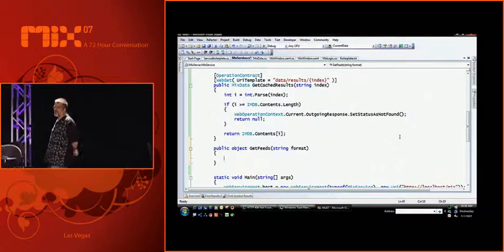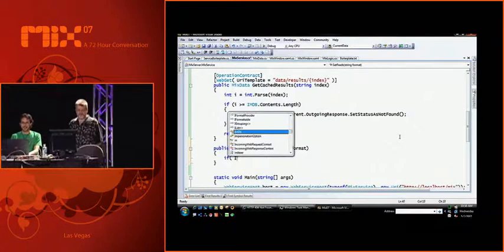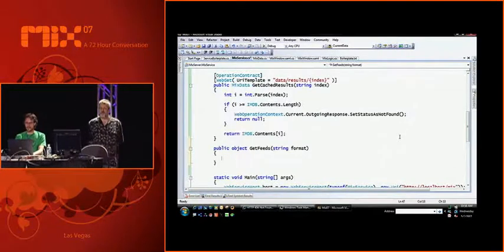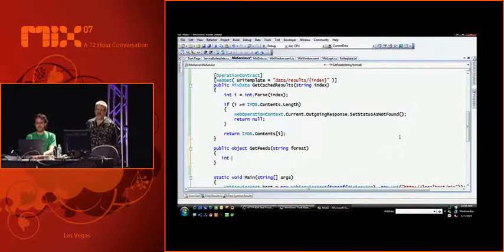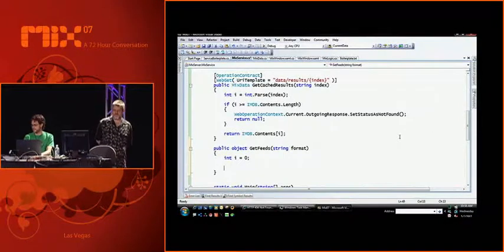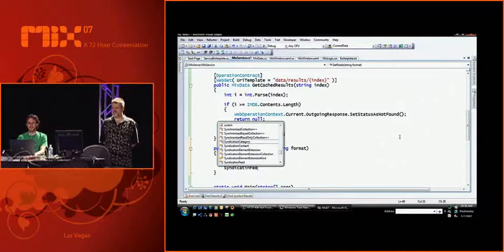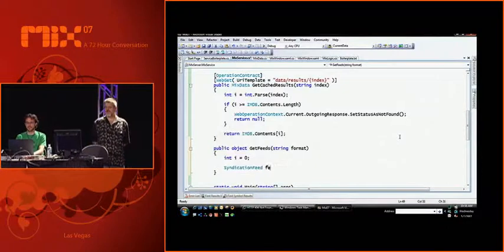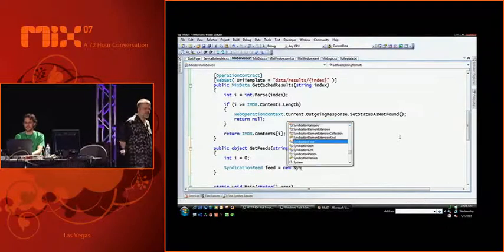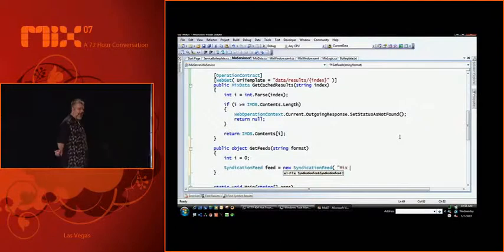Right. So why don't we go ahead and go to our cache. So we're going to create a syndication feed. SyndicationFeed is part of WCF. It's the way we deal with RSS and Atom data.